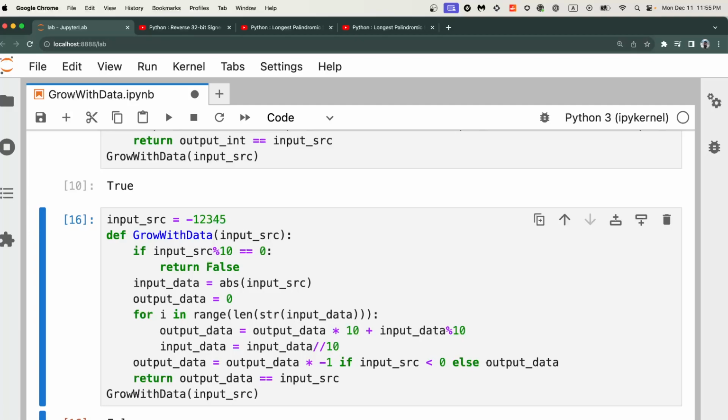So what we did here, we combined the 3 previous videos, like how you do the palindromic, how you reverse an integer, right? We combined all the 3 videos and we just applied that concept here. So if you know the basic concept of how to convert integer to a string, how to reverse it, how to use the mod function and get the last digit, how to eliminate the last digit and create a reverse format,